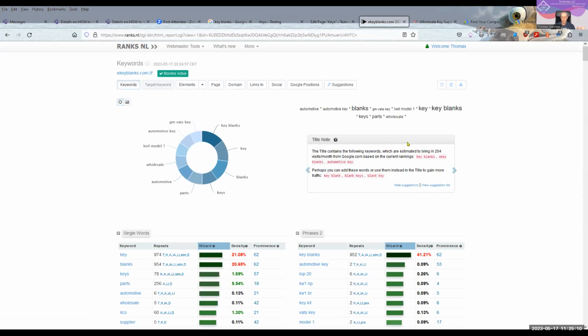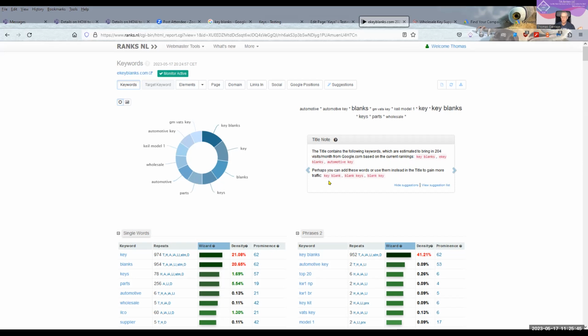In this box right here, you'll see that it's a slider, so it will start on its own eventually, but it's giving you information about what you could do to improve your SEO. So key blanks, e-key blanks, automotive key are suggestions that this particular site that ranks is saying that particular website should have. And of course it does. We estimate that it'll bring 204 visits per month from Google based on the rankings.